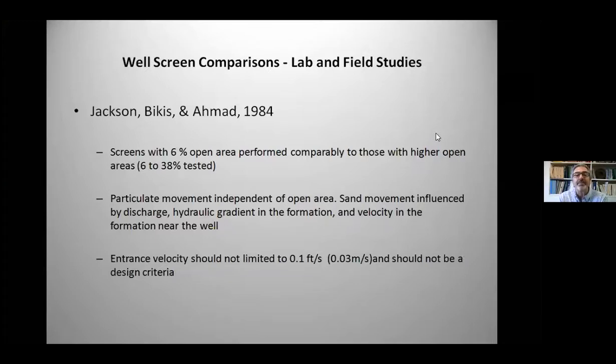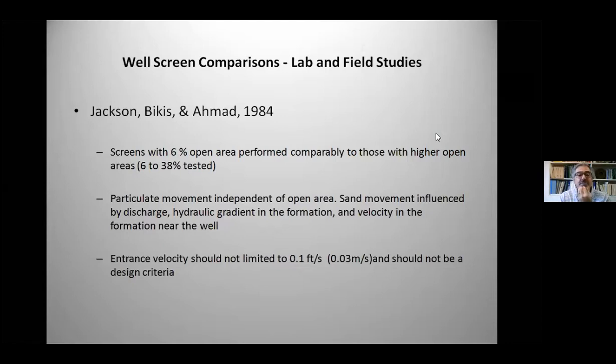And another study that was done in 1984, we look at a research study that included both field and laboratory studies. In this case, they tested well screens and found that over a broad range of open areas, 6 to 38%, the 6% open area screen performed as well as those screens with an open area as high as 38%. They also looked at the sand migration issue and whether it was controlled by slot size and entrance velocity. And they found that was not as true as they once thought,